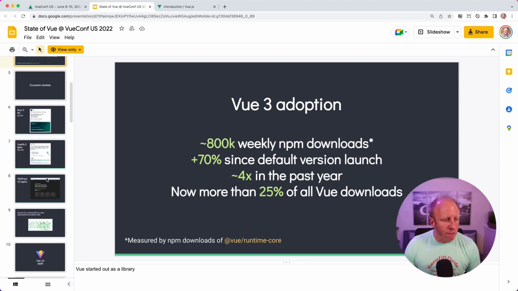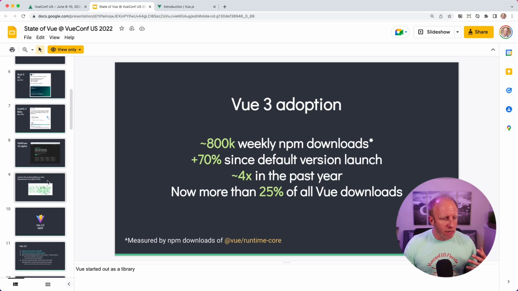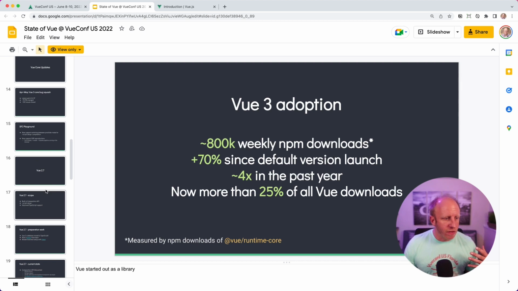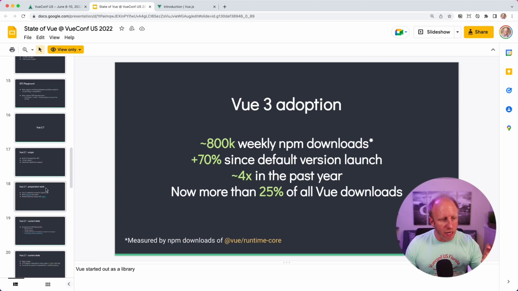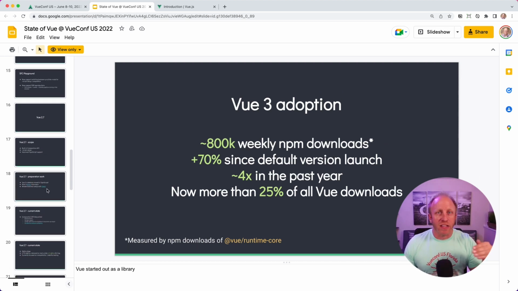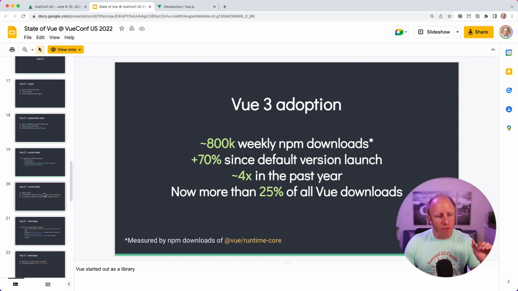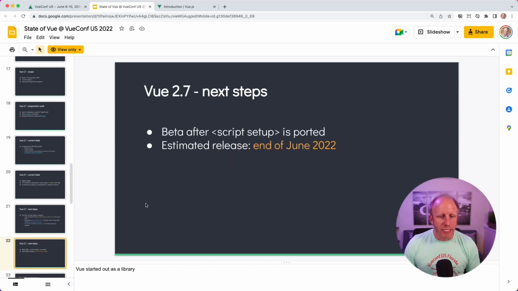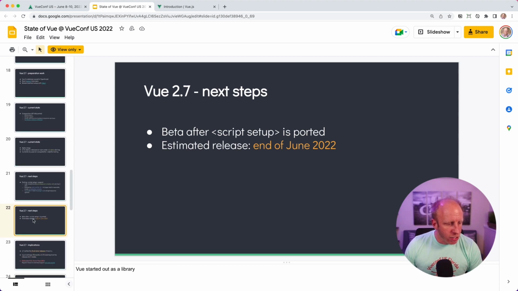This is really great to see. The one thing that he went through, though, is he started talking about Vue 2.7, what they're working on as far as the next features for 2.7. I won't go through that. You can go through the slides or watch a presentation on that. But what I really want to focus in on is this, and that is the Vue 2.7 next steps. The estimated release is the end of 2022,